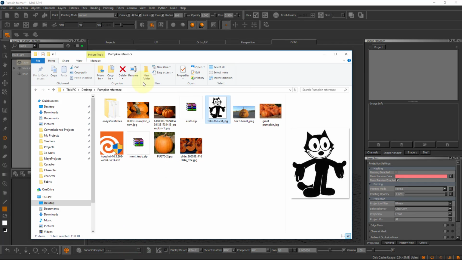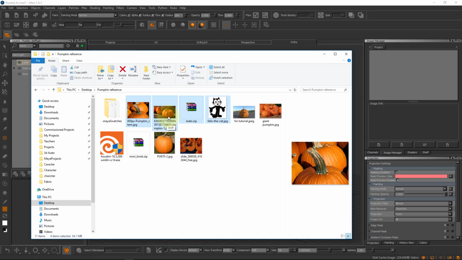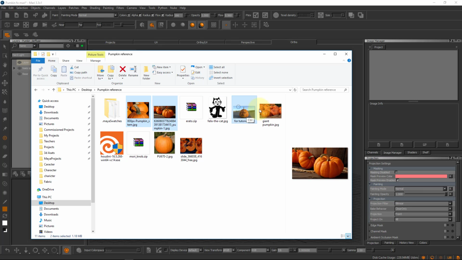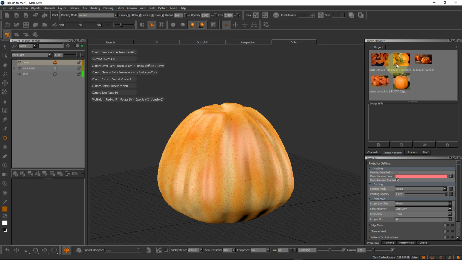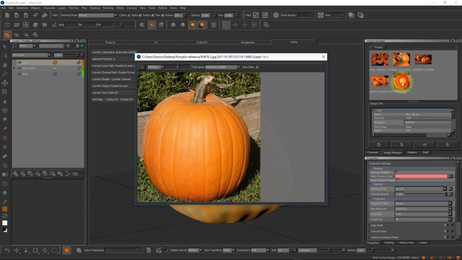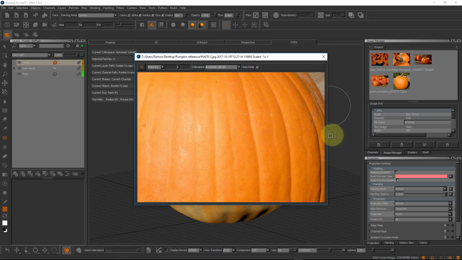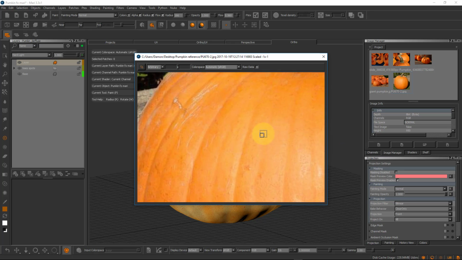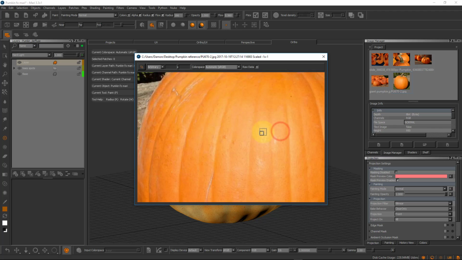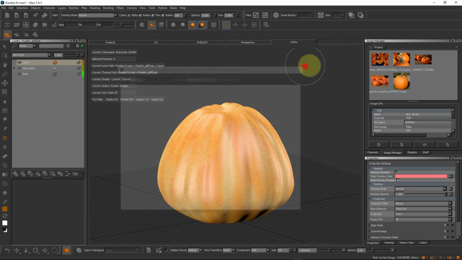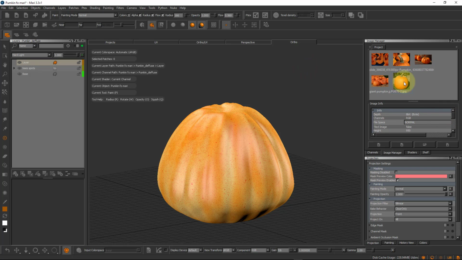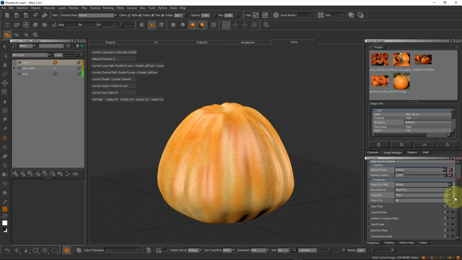We can just go to a folder somewhere on a hard drive, choose the files we wish to take. Actually, I don't want that one. I want that one, and then drag and drop them, and they'll just load. So that's pretty easy, right? And then what I can do is bring up the image and have a closer look at it and get some of the details, understand how it looks and so on. So we can use this window as a reference. We can also just use these as image